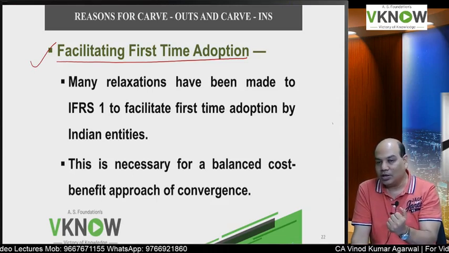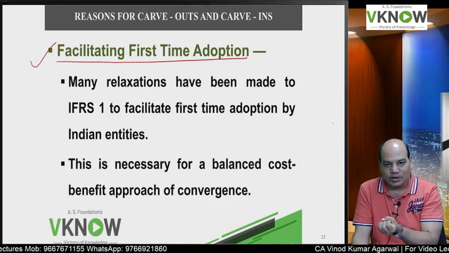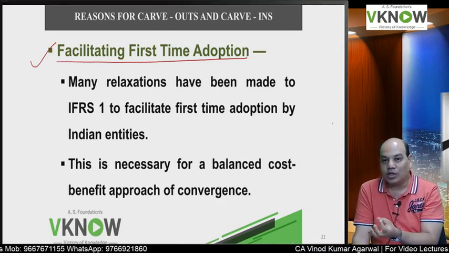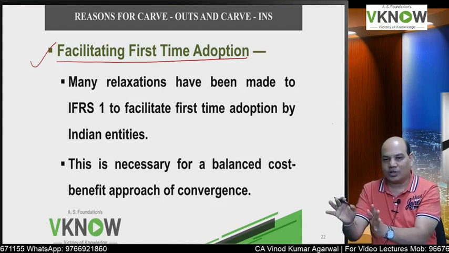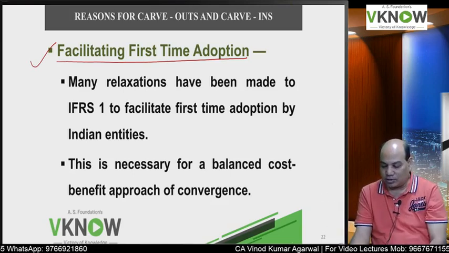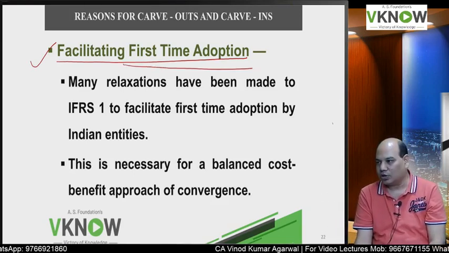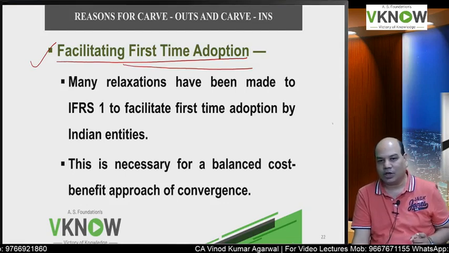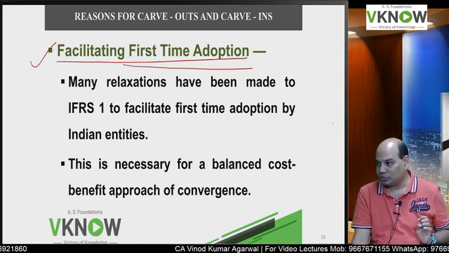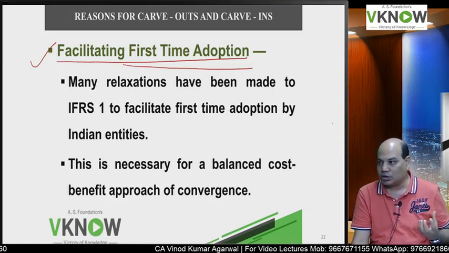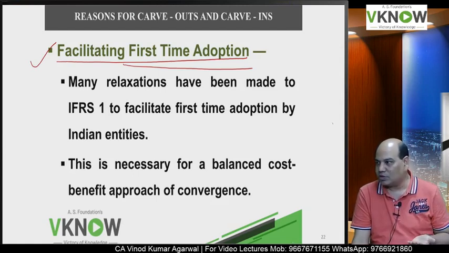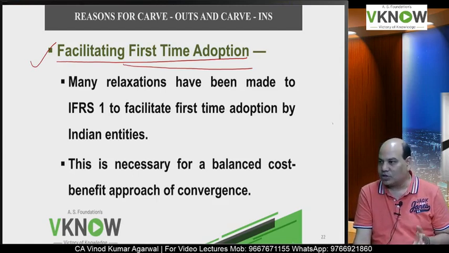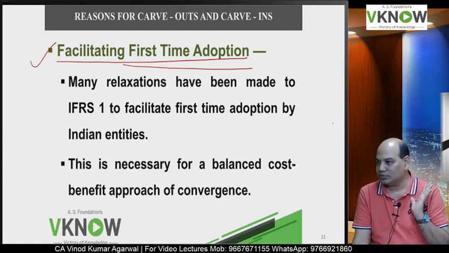Government loans can be there. Under the old standard, we had a different method. Government grants are there. ESOP accounting is there. So they are giving you some relaxation, exemption and changes. And that is why carve-in carve-outs are made. Otherwise, transition will become very difficult, especially for small companies who do not have the necessary resources to do the transition. And if you hire experts, their fees are very high and they cannot afford it. So therefore, they decided that the first time we will give you a lot of relaxation. Okay.